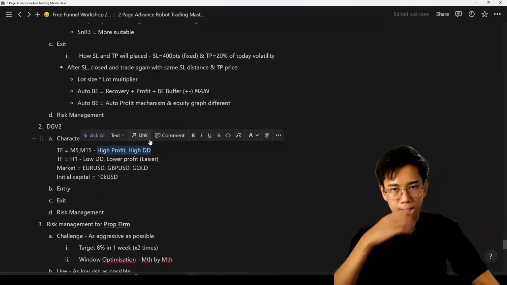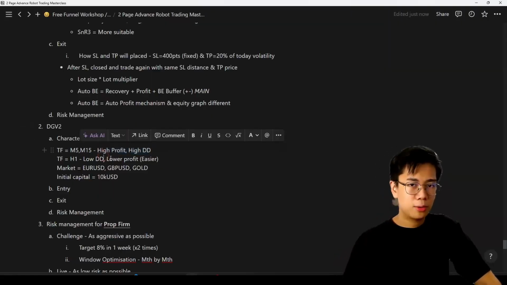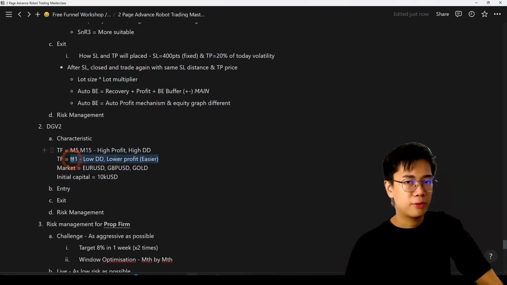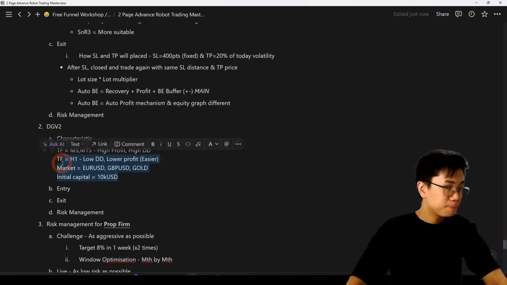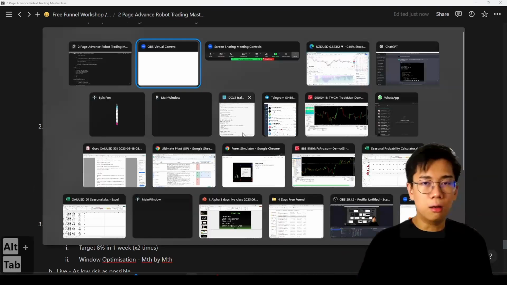High returns, perform in 1 hour time frame, low drawdown, low profit, and preferably higher time frame better. But later I will give you guys more insight on the robot part. Now,